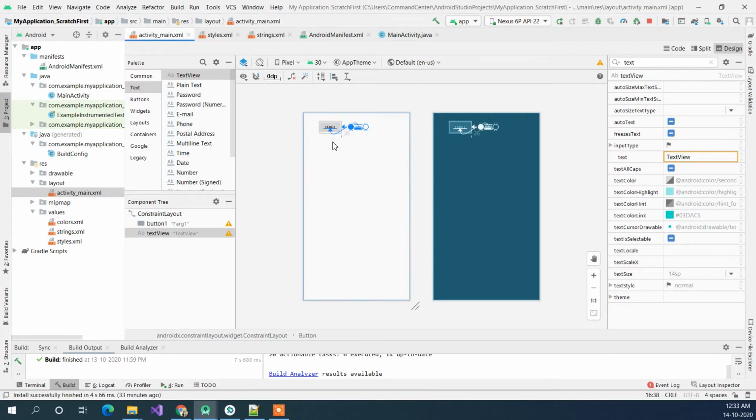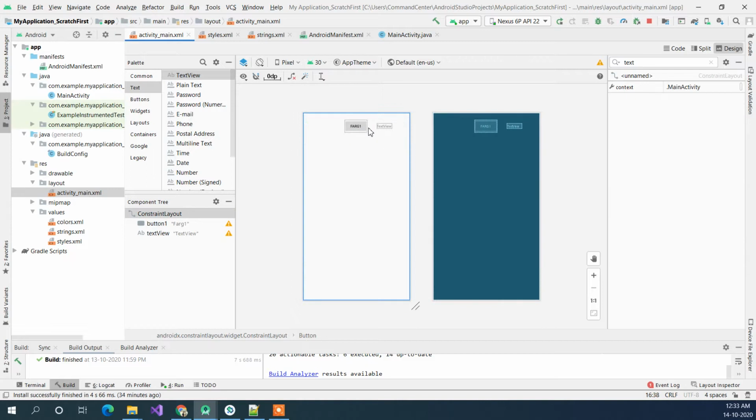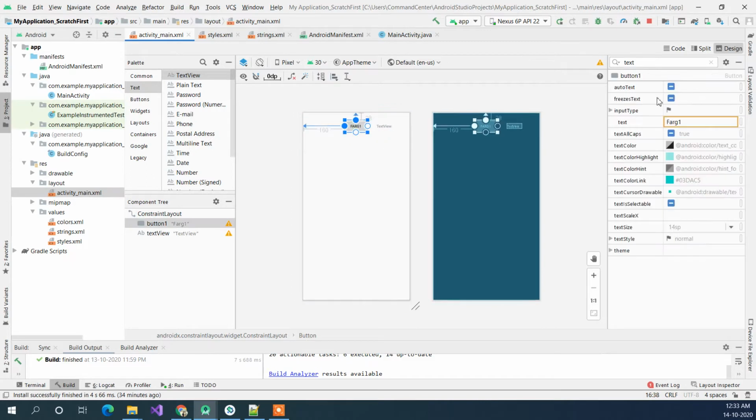When I drag this, it also comes along with this here. That is something you need to always remember: when you apply a constraint in relation to this, it will create a grouping for this. I will just leave it here and change the text of it to 2 maybe,